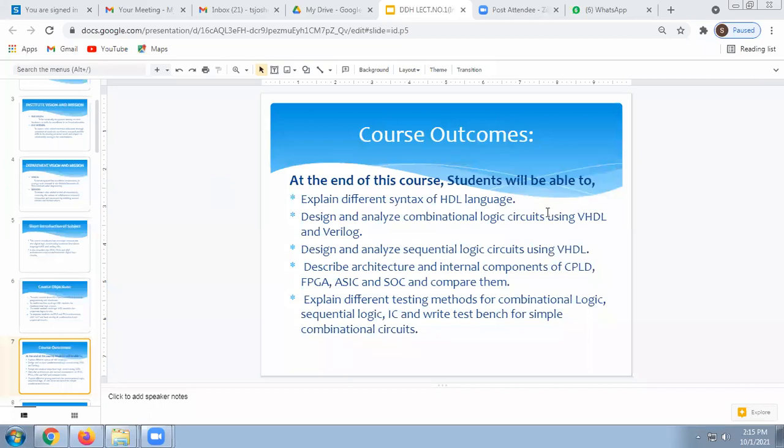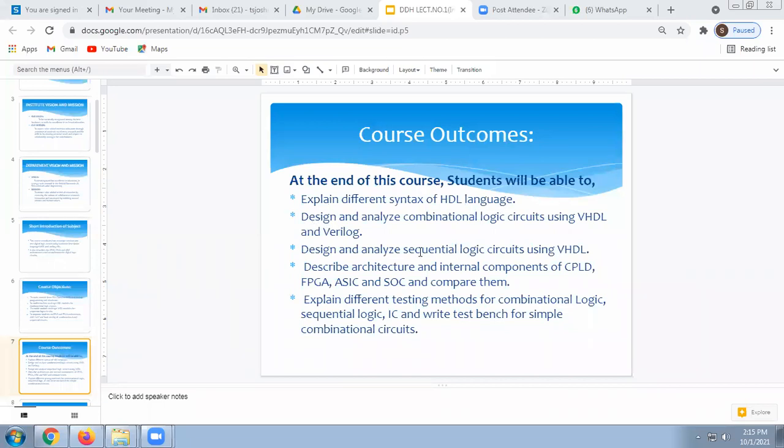Okay. Next is the course outcomes. At the end of this course, students will be able to explain different syntax of HDL language, that is hardware description language. Whenever you are going to study or write code for HDL, at that time you can explain the different syntax of HDL language.